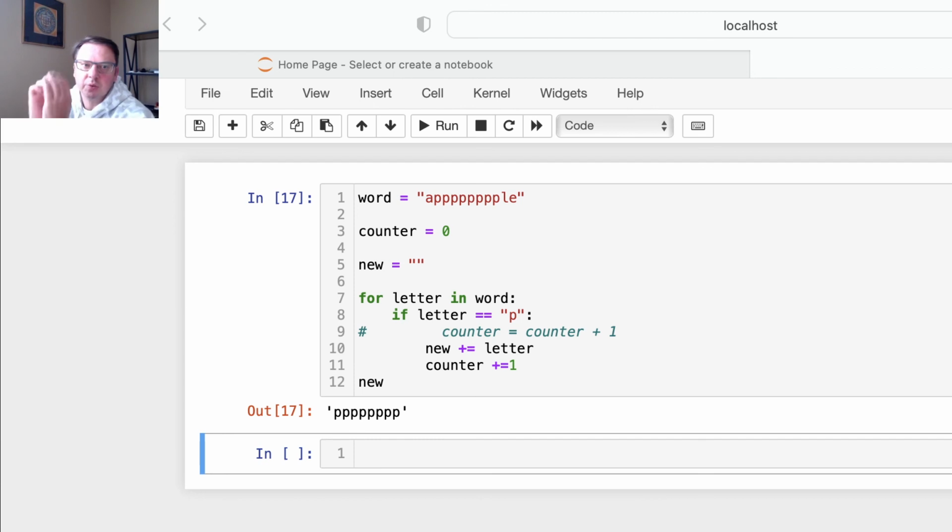Because when you work with a string, you cannot use append, that's a rookie mistake. People always want to use append. Append is a method of a list, and we cannot append to a string, but we could concatenate, and that plus sign actually concatenates a letter every time this if